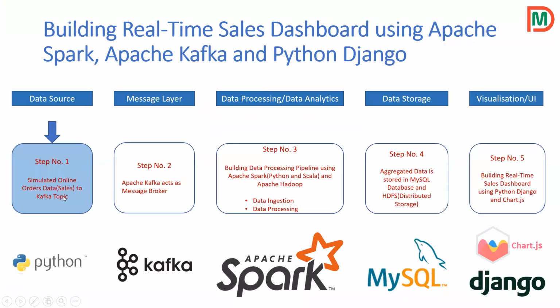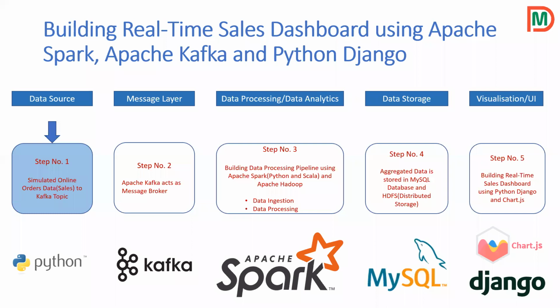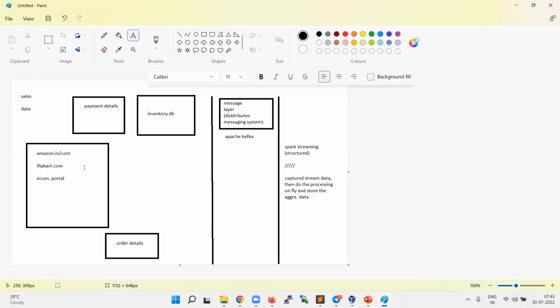Okay, so as I mentioned, for the sales data or orders data, I don't have any e-commerce website or portal to have those data. I was earlier planning to build a solution or application, but I am not familiar with UI development, so I just stopped with it. So I built one simulator which can act as an e-commerce portal. We just want to generate orders data, and that data can be published to the Kafka topic.